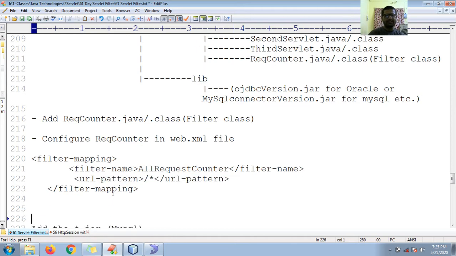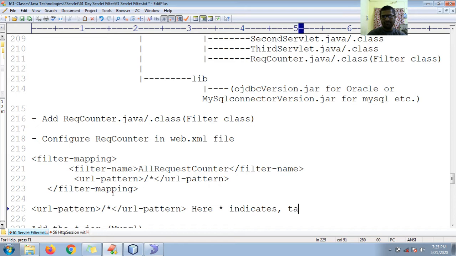In the URL pattern, star indicates that it traps all requests coming to the web application.